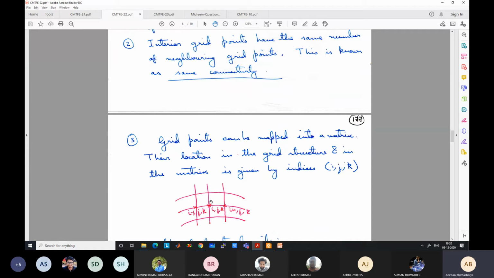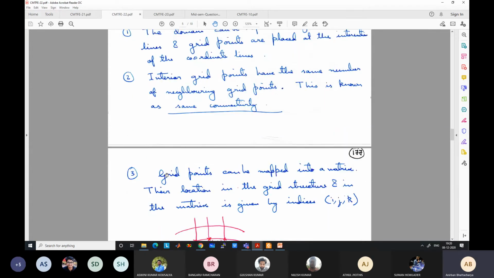They need not always be straight lines. That is what I am saying. They can be curved lines also. However, they should follow a certain trajectory. The lines cannot be jumbled up. If the line is there, it's fine. It can go in a very twisted manner also. But if there is no sequence, if you cannot say which is I and which is I plus 1, if there is no linear sequence, then you cannot call it a structured grid.